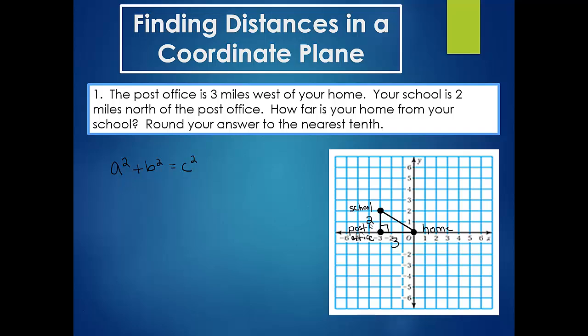A and b would be our legs, or 2 and 3. So we could have 2 squared plus 3 squared equals c squared. C is the hypotenuse, and that would be the distance from school to home. 2 squared is 4, and then plus 3 squared, which is 9, and that equals c squared. 4 plus 9 is 13, so 13 equals c squared, and to just find c, we'll take the square root of both sides, and we'll get that c equals